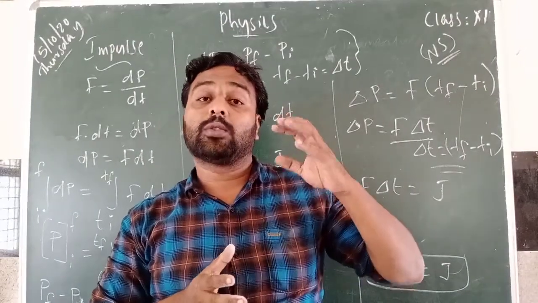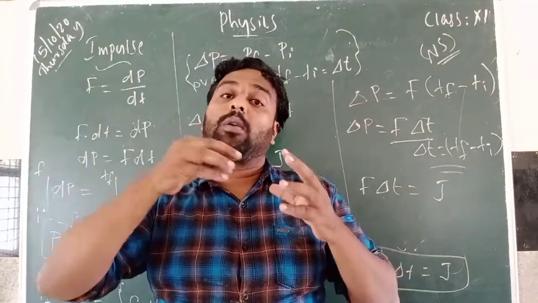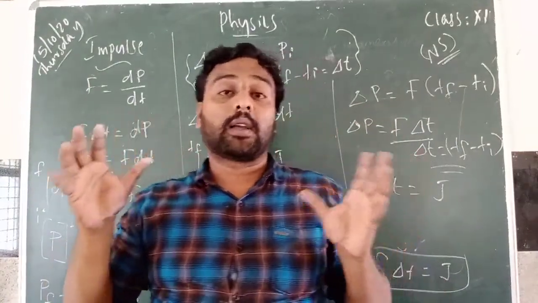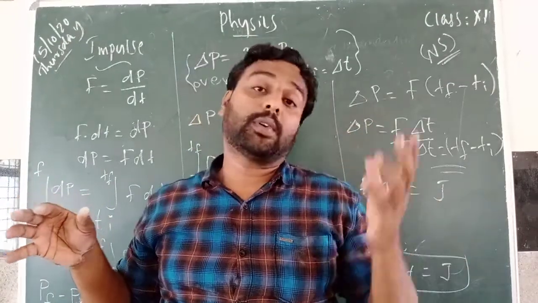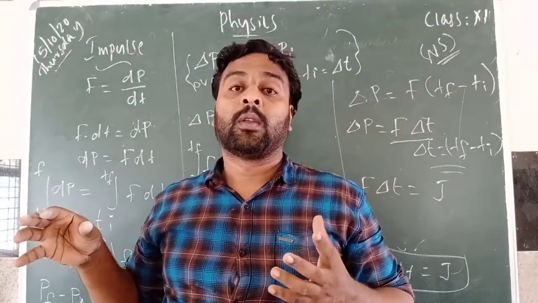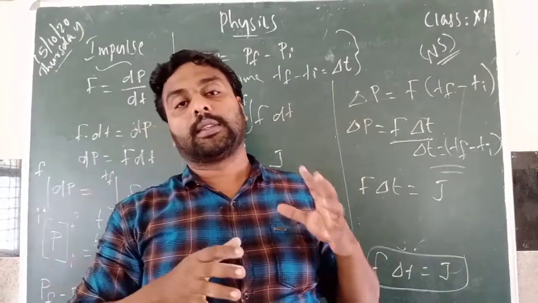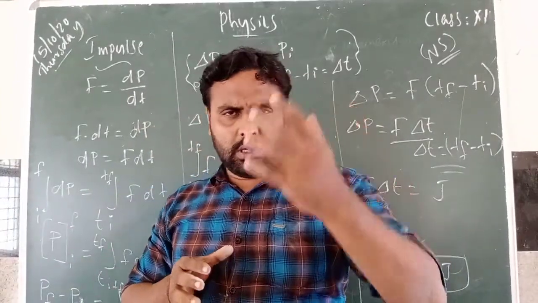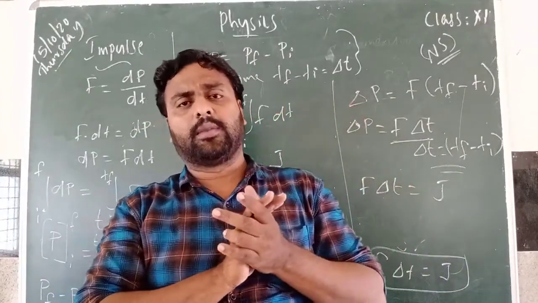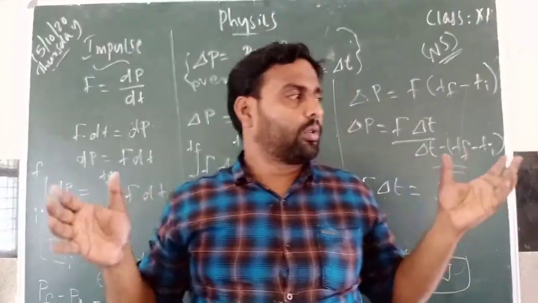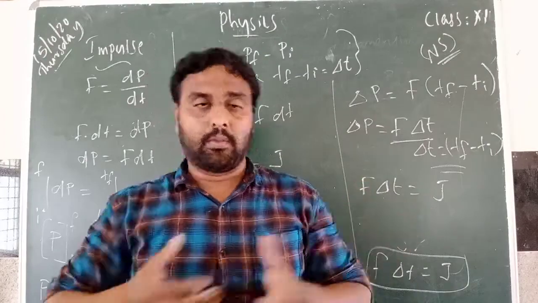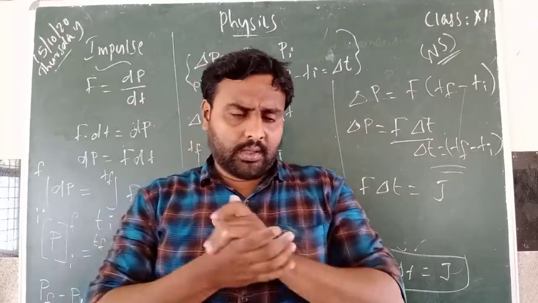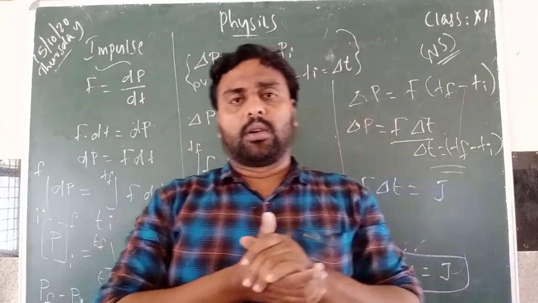Otherwise, we are trying to stop a heavy object. A heavy object means if we are calculating the force, the impulsive force produced is very large. That's why, when you are catching the ball, to avoid hurting your hand, you have to move your hand backward. This is one example, and another example.